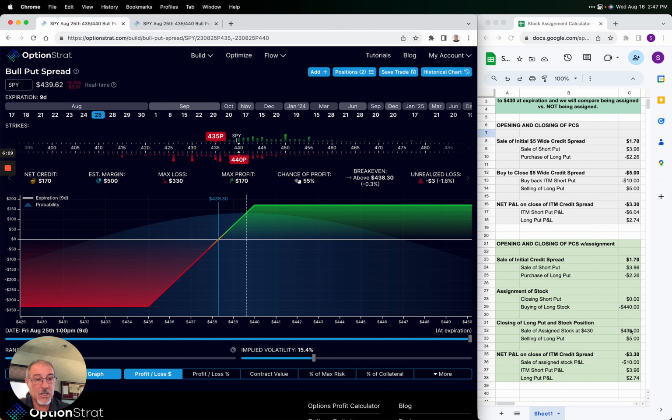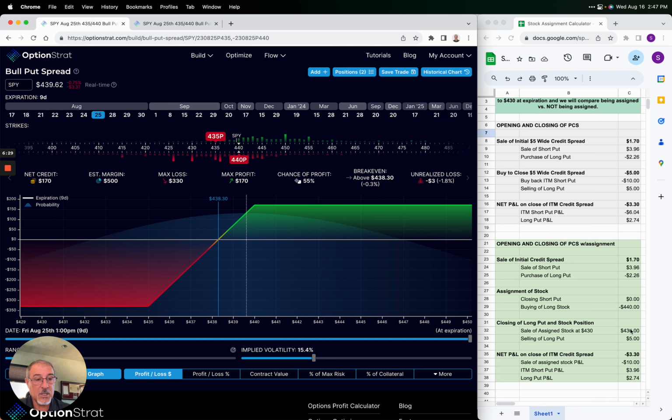Of course, if you get assigned in the middle here, it's going to have different ramifications, etc. But at the end of the day, at expiration, whether you got assigned and then you sold your stock and you sold that long put, or whether you got assigned in the middle here, doesn't make any difference. The position is, for all practical purposes, exactly the same position,